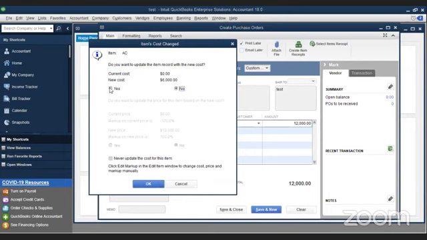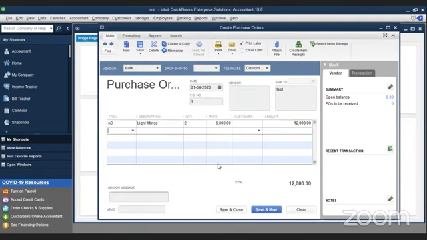But later, you can always go and change it in your selling prices. Now here it is suggesting, do you want to set a new cost? I'm going to say no and just say okay. Now your purchase order is complete. You are done with this. You're just going to save and close.